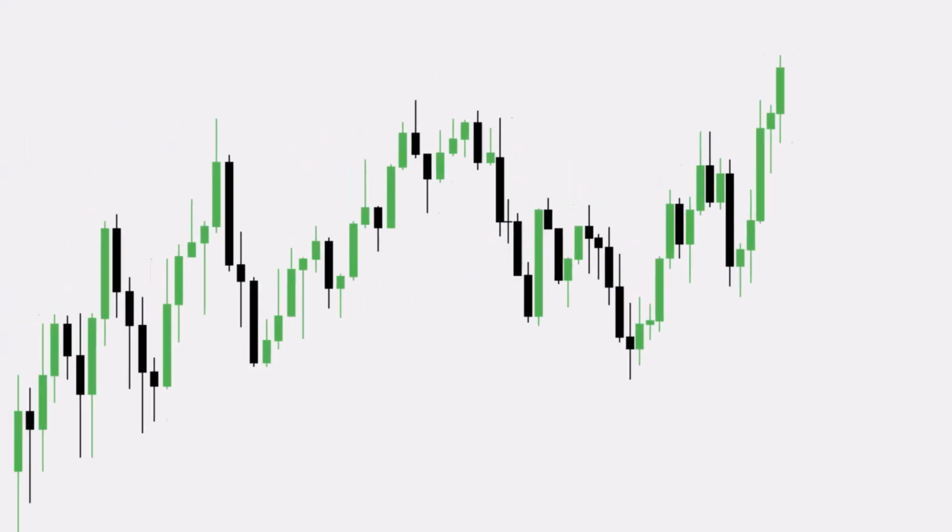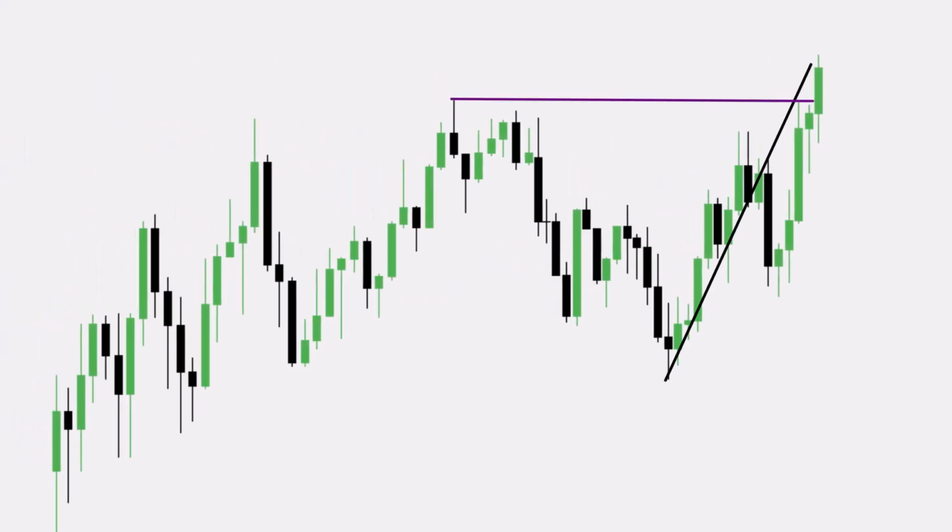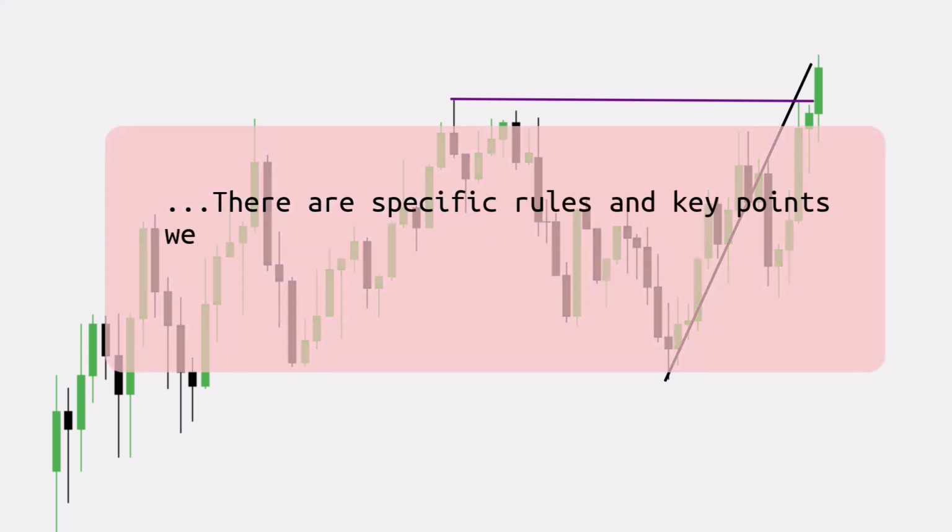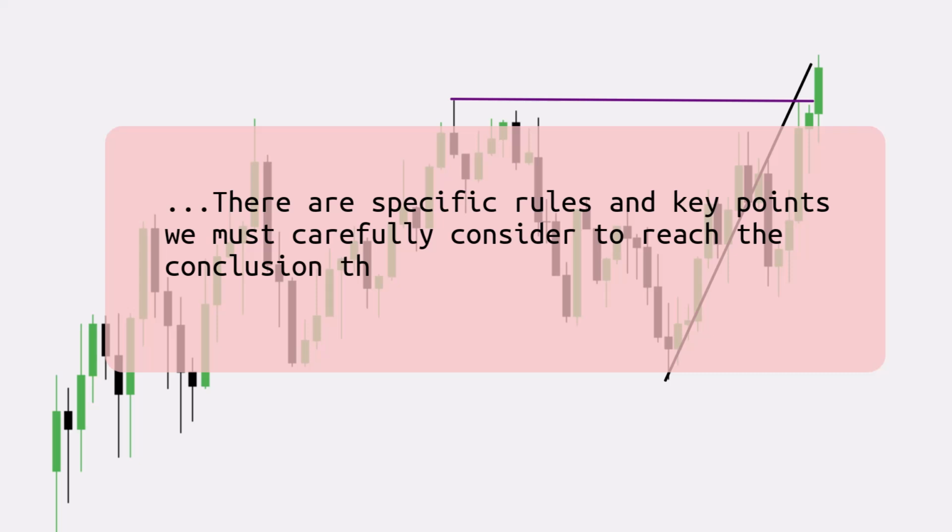structure, BOS. You have likely encountered this concept in various trading tutorials, market structure videos, and trading handbooks. While in a bullish structure, BOS is often simply defined as a situation where the price breaks a high to the upside. The reality is more nuanced. There are specific rules and key points we must carefully consider to reach the conclusion that a break of structure